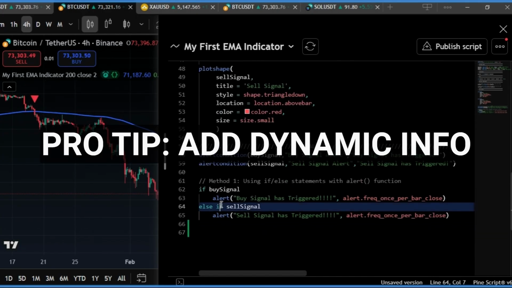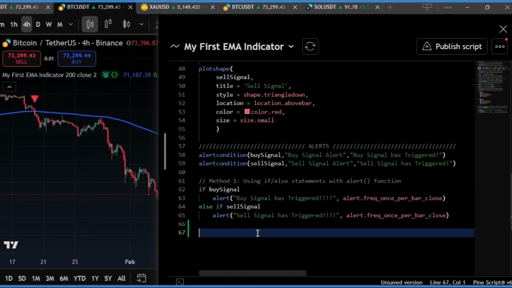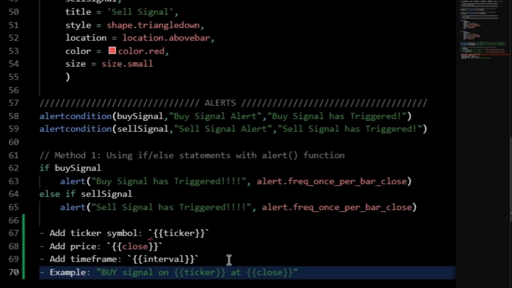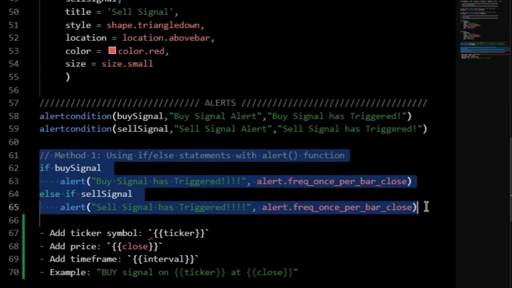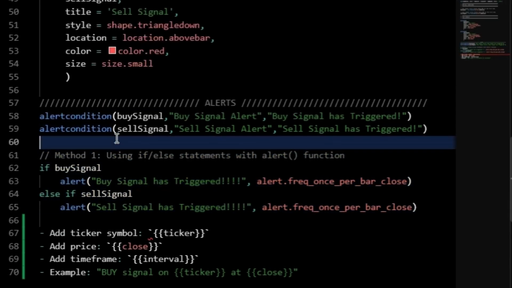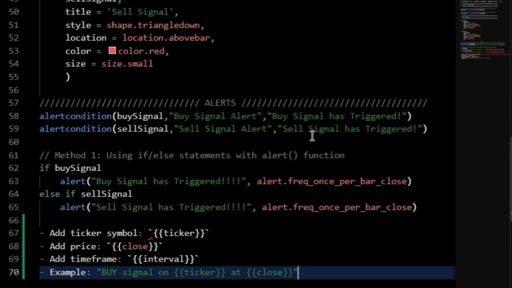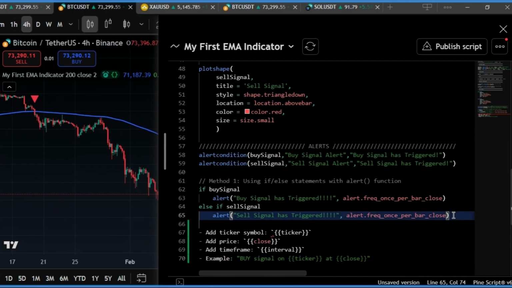Another great option within the alert messages in the any alert function call is adding information about the ticker symbol, the price, or the time frame. Just to be clear, this is only available within the any alert function call and not the alert conditions, because the alert conditions require constant inputs, and these inputs can be variable. So in order to add this information within our buy and sell signal alerts for any alert function call, I will just copy this part of the code, go to Claude AI,